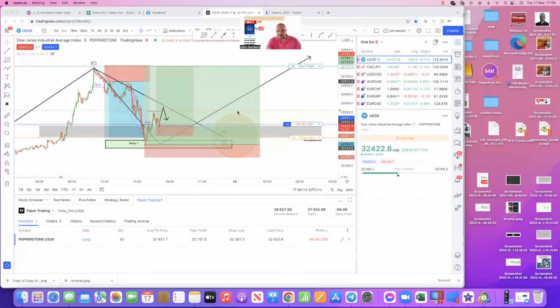Go back onto the share screen. So on here we can see we've broken the structure. We've created a new higher high from this area. It's come in. It's tapped in at the moment. Again, if this loses out, it's no loss, in all honesty, simply because we got the 1 to